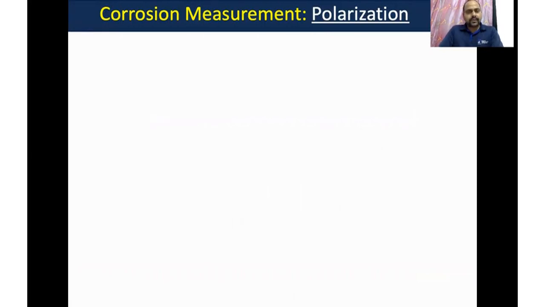So what do we mean by polarization? If you just recall our previous discussion, we talked about how an electrochemical cell can be formulated. Let's say you have 2 electrodes, anode and cathode. Once these electrodes are immersed in the cell, due to the difference in the chemical potential of electrode material and electrolyte, there will be some charge transfer at the beginning. However, after some time, the system will reach equilibrium.